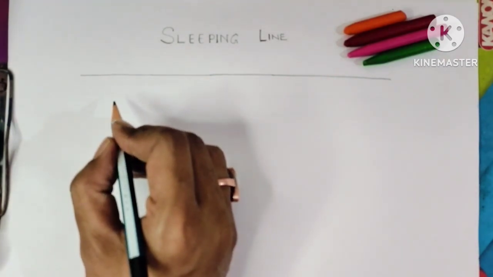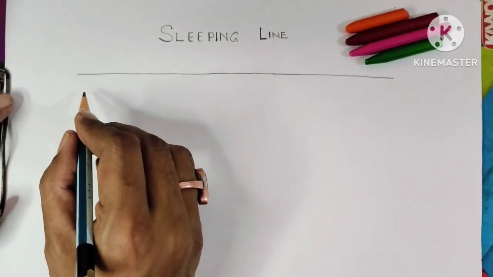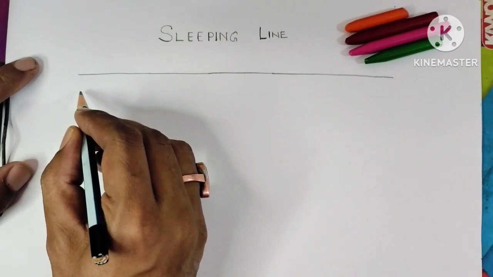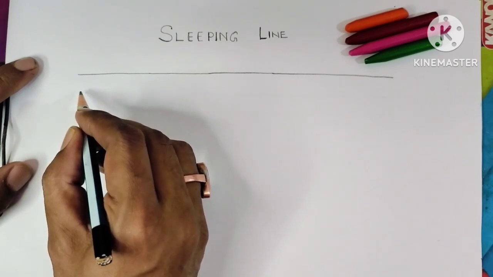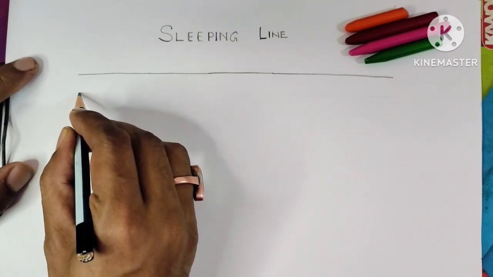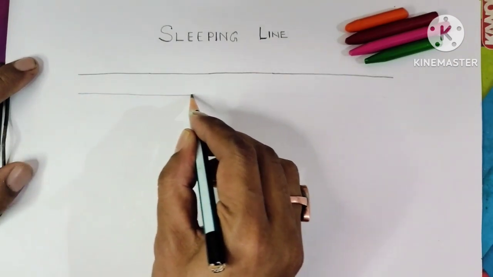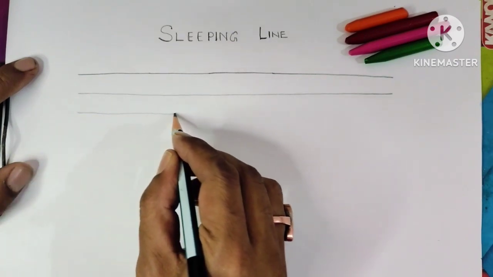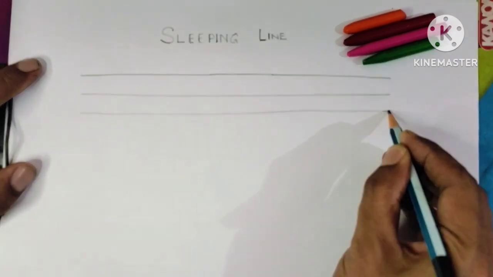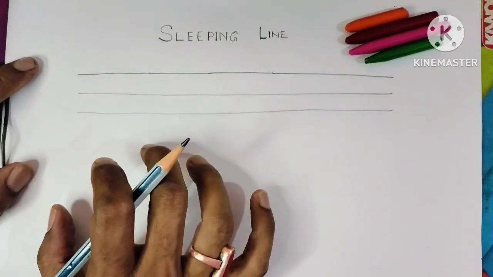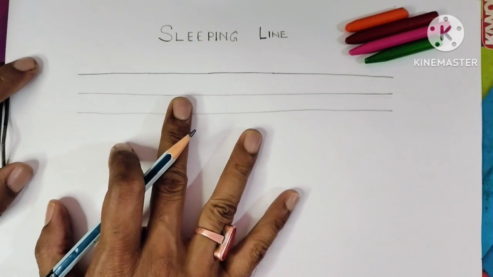So we will start the line from left hand side. Okay, this is our left hand side, and without using scale we are going to make the line. Okay, so like this, without using scale we are going to make the line. Okay, see, I have made two lines, then one more line we will draw here slowly like this. Okay, don't use scale. Okay children, very slowly